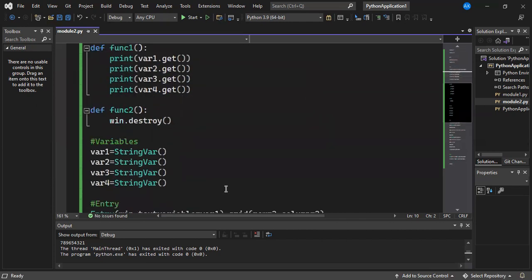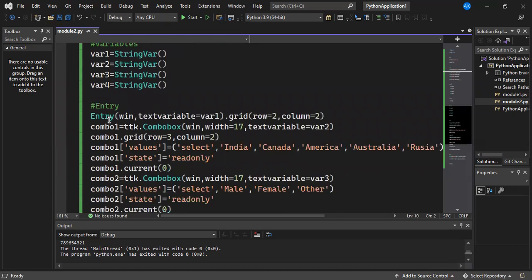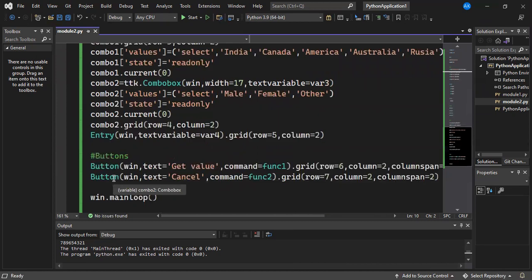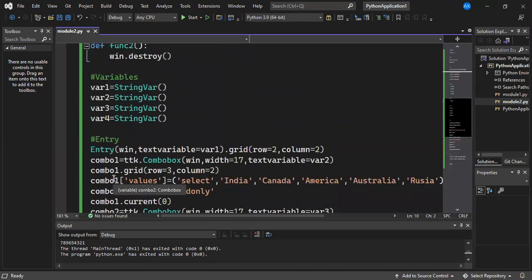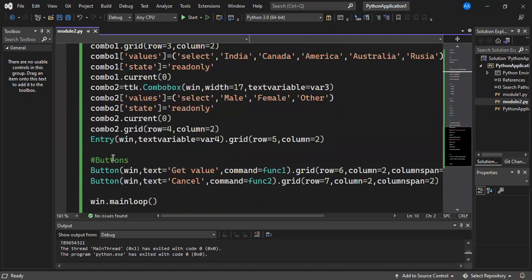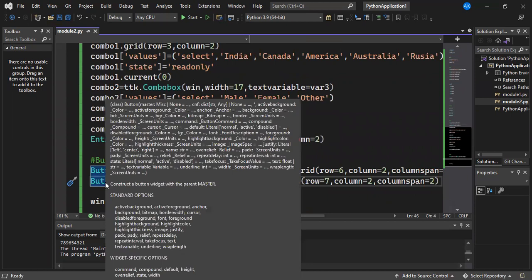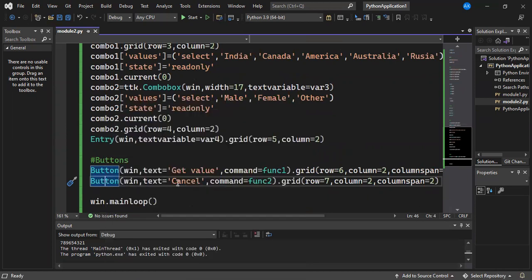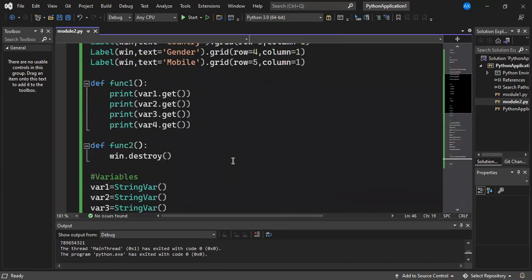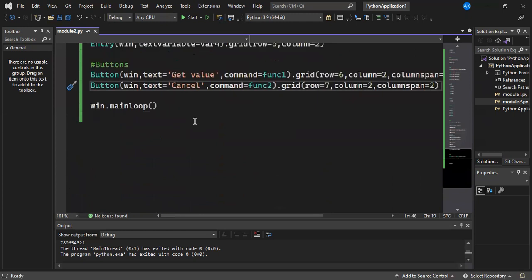Now we have created some more widgets for getting the values from the user, that is entry box, combo box, and so on, right? After this we have created some buttons to click on and pass the response accordingly, right? And for this response we have also created some functions,